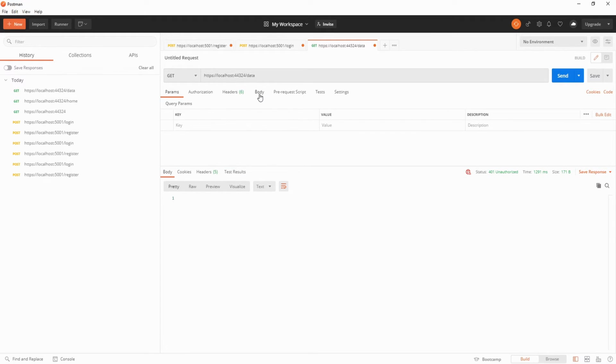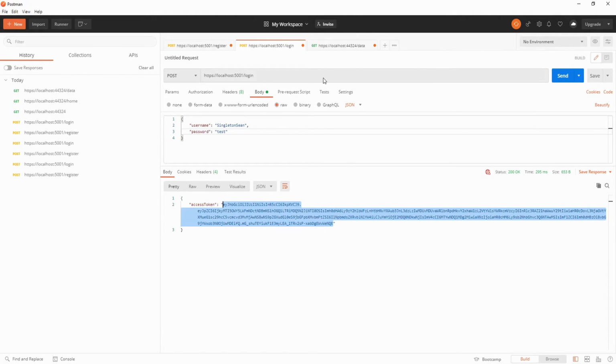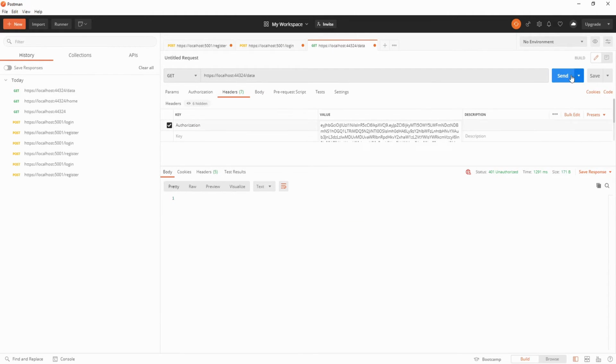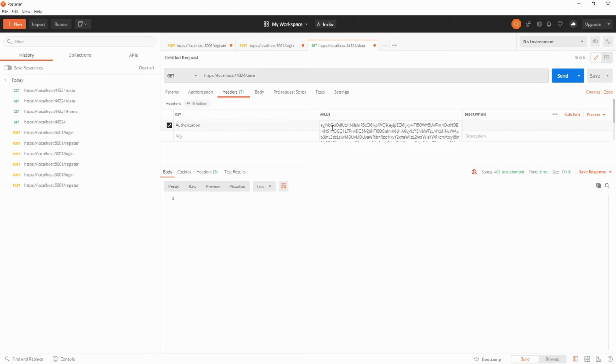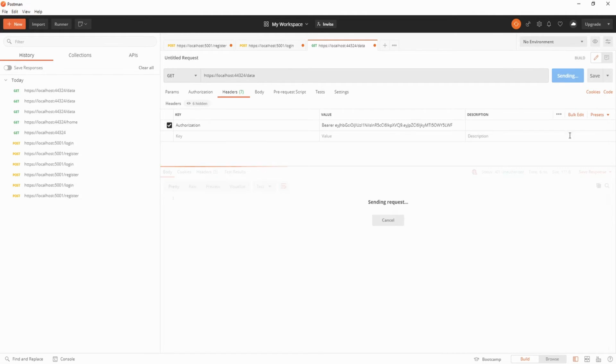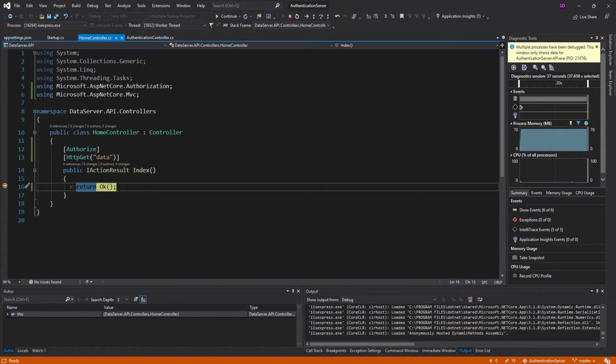our access token. So let's come into our headers, and we are going to add an authorization header and paste in our access token. So let me copy that. Hopefully this hasn't expired yet. So paste that, and we still get unauthorized. And why is that? Well, our authentication scheme is bearer. So that means we need to prefix this token with bearer space, and we'll send this again, and there we go. So we did successfully authenticate with our controller, and we made it into this action, and we'll simply return